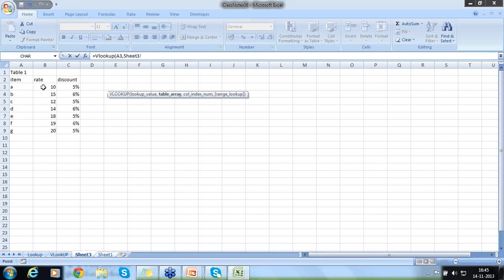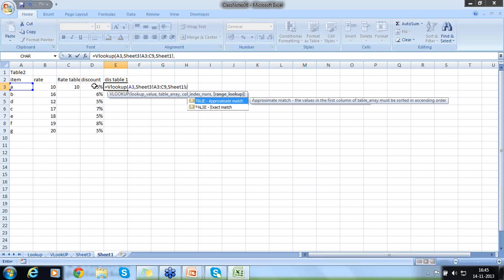I want to do it over here, from here, followed by, right, followed by column index. It is 3, column index is 3, followed by